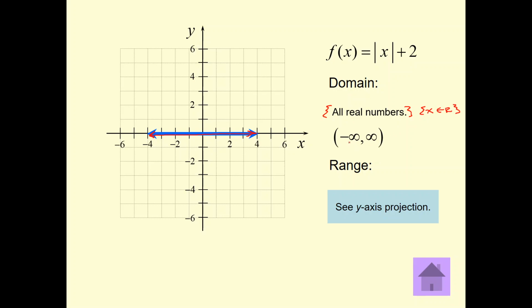Or in interval notation, it would be negative infinity to infinity. If I wanted to look at this again, but this time I wanted to look at the range, you'd be looking at where the graph, so if you put a light here now, where the graph would cast a shadow. Now there's no graph below here. So you would start casting a shadow here, and it would cast a shadow up, up, up, and continue through. So if I show you the animation,